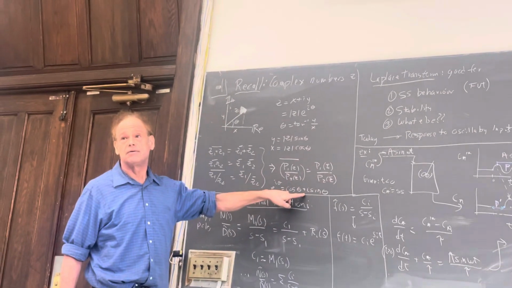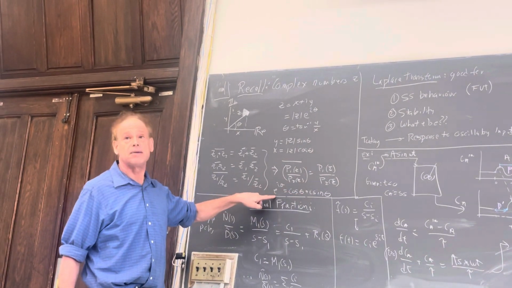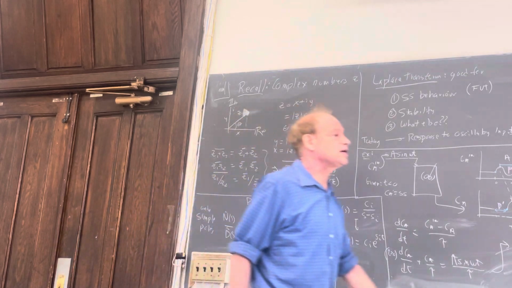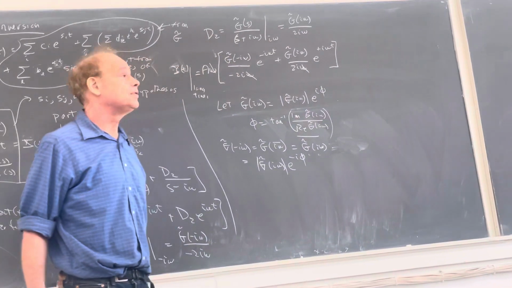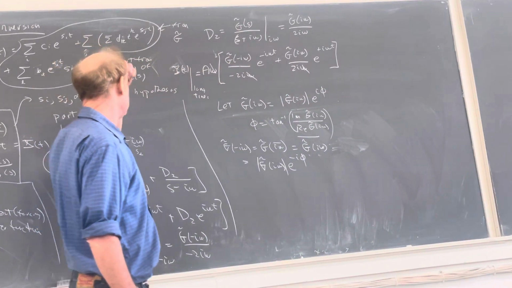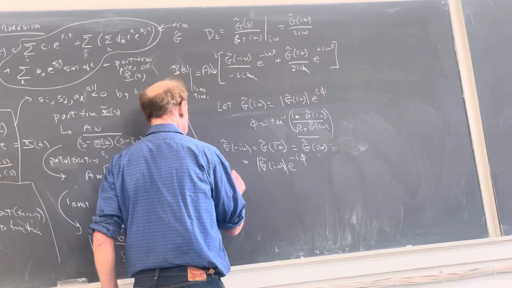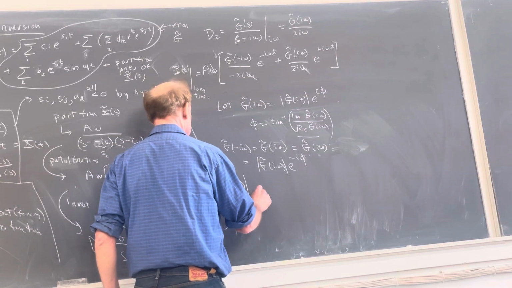The complex conjugate of this says I change the i to minus i. If I do that, I just get e to the minus i theta. So the complex conjugate of e to the i theta is e to the minus i theta, e to the minus i phi. And now I can plug in here. So I have y of t at long times